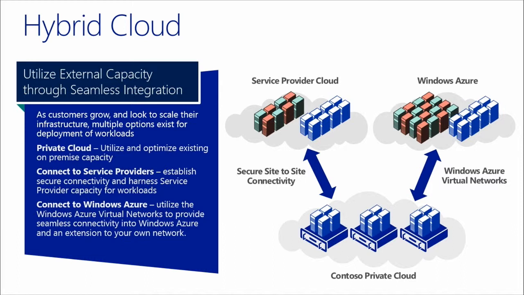That would allow you to extend your infrastructure, utilizing network virtualization or not, it's up to you, and consume some of the capacity, in this example of a service provider, running some of your VMs in a dedicated cloud space of their overall capacity,